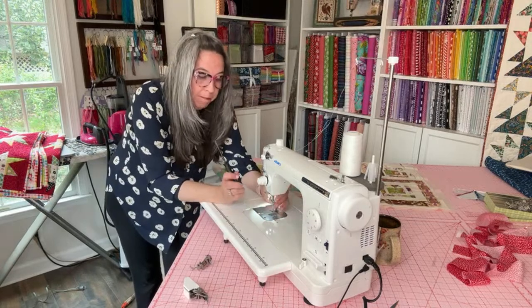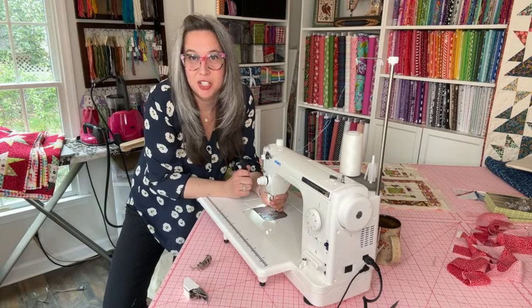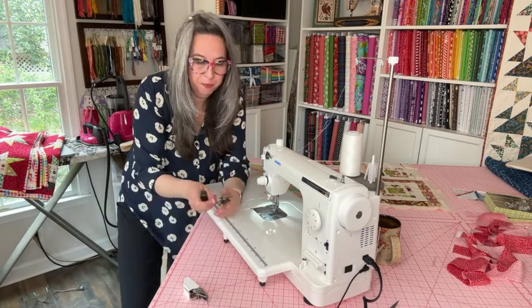So that's step one of doing the meander stitch, is to be able to disengage your feed dogs. Step two,